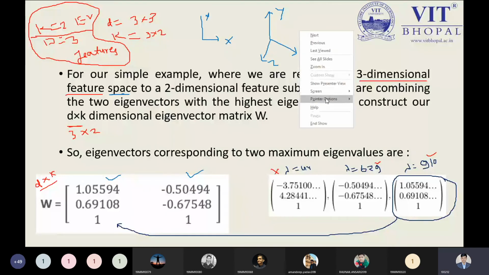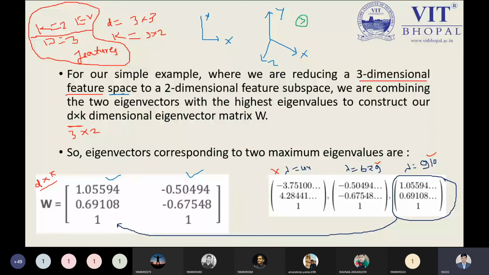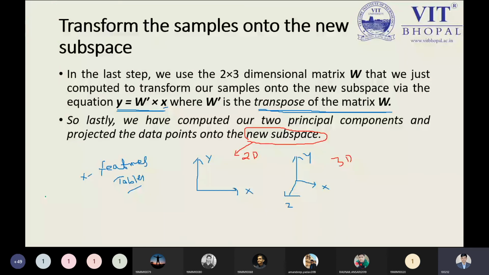Previously, you have observed the point right now. You have used three features, and that is represented by the XYZ surface. Yes, sir. And now you are just transforming your 3D surface into a 2D surface. Then we have only the X and Y. So that is the reason we have this matrix. At the last slide, you will be able to understand the concept in a summarized way.